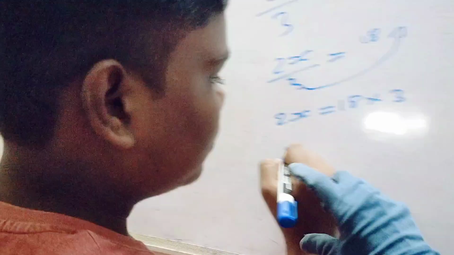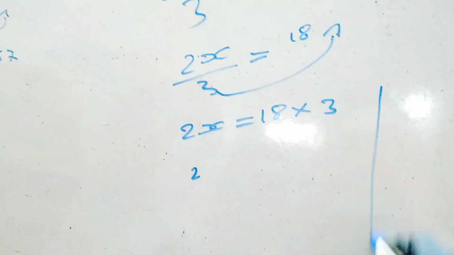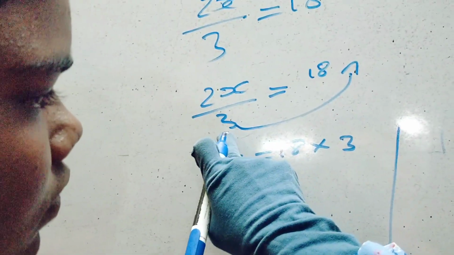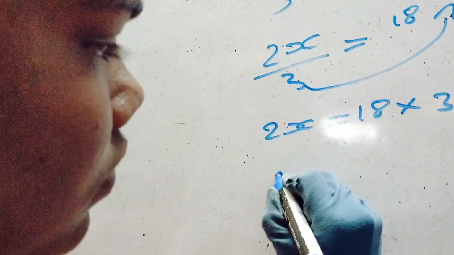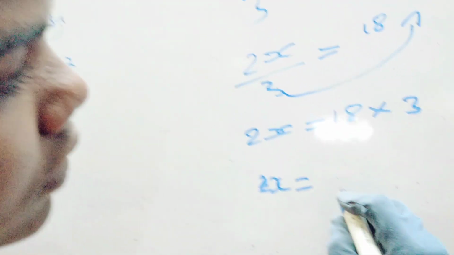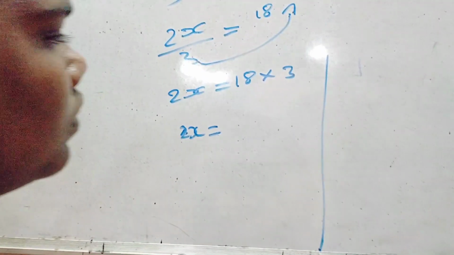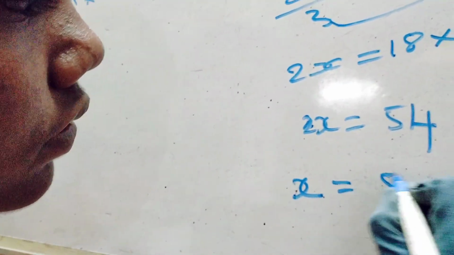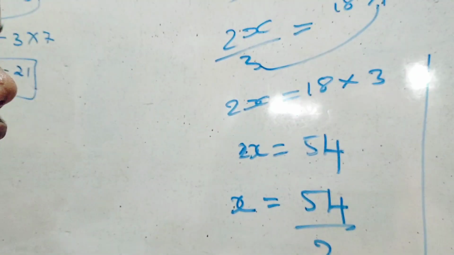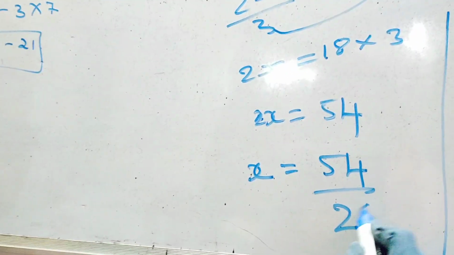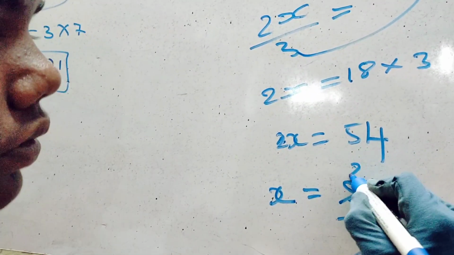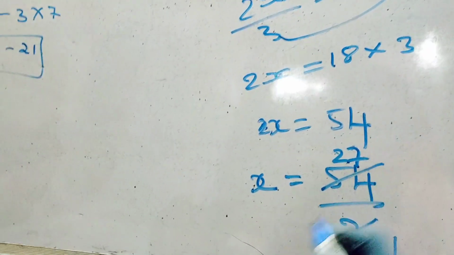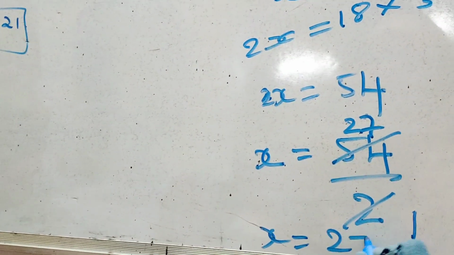See, there are two ways of doing this, Rishi. One, what you can do is, you bring this also simultaneously. 2x is equal to 18. This 3 here is division, here it becomes multiplication. So 2x is equal to 18 into 3. 18 into 3 is 54. Then x is equal to 54 by 2. How much will it be? 27. X is equal to 27.